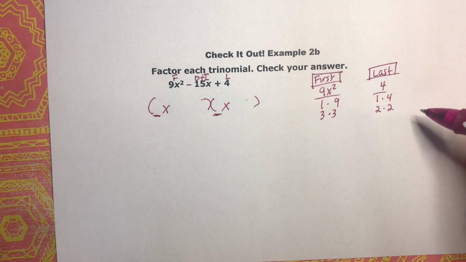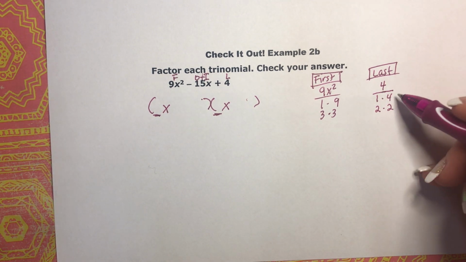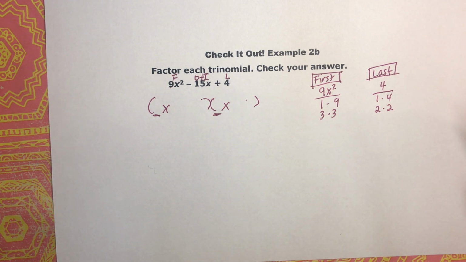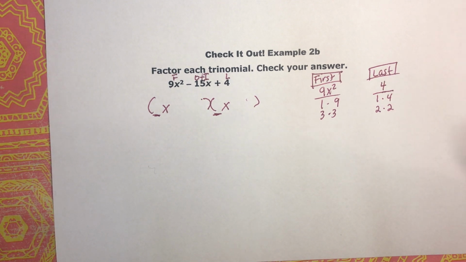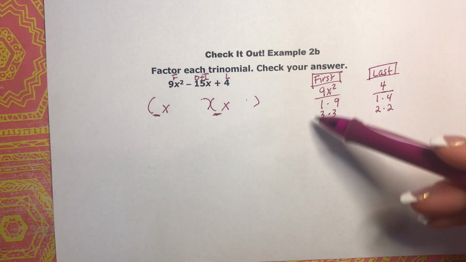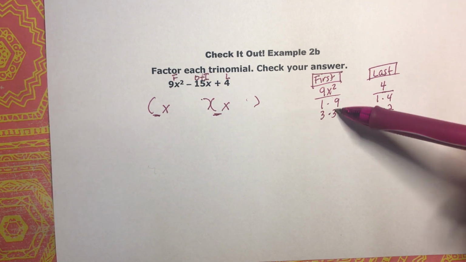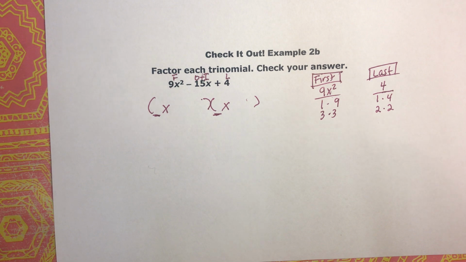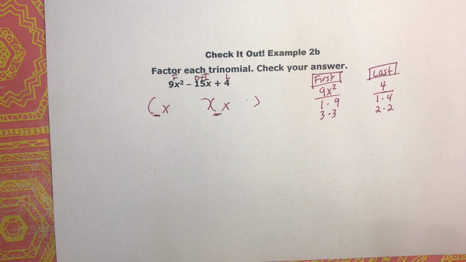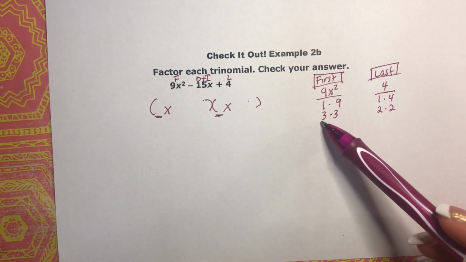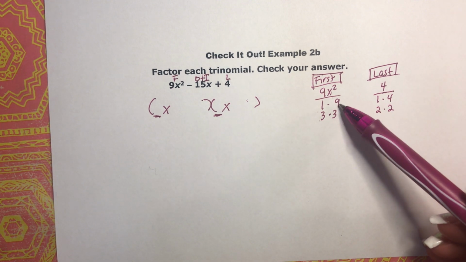So there's multiple options here and there's multiple options here. So we really can't put anything in, okay? So what we can look at is we're just going to have to either go with the first or the last and choose one. So I think because of the factors 1 and 9, I'm going to go with 3 and 3 to start, because if you remember